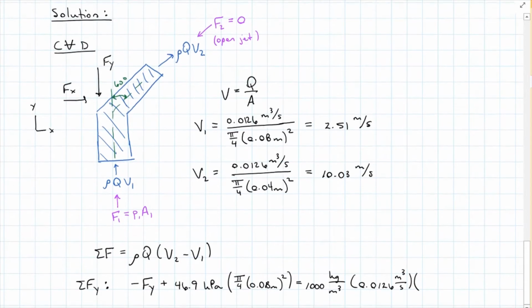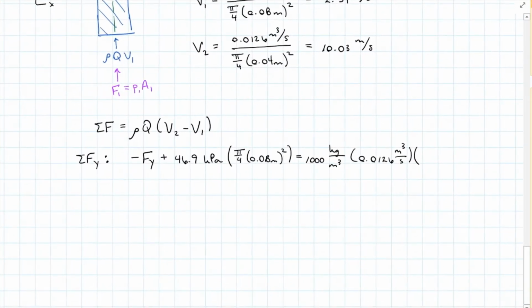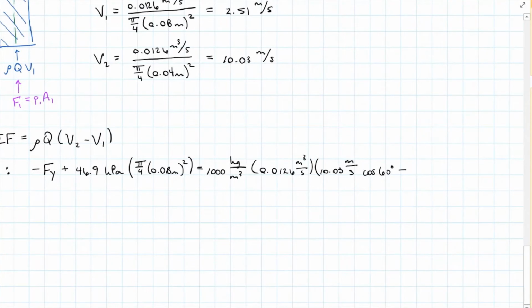So I need the y component of the outgoing velocity. Remember, it's 60 degrees from the vertical, so that's going to be cosine of 60. So that's v2, 10.03 meters per second, cosine of 60 degrees, minus v1, which is